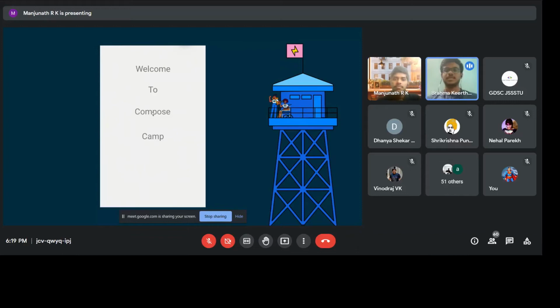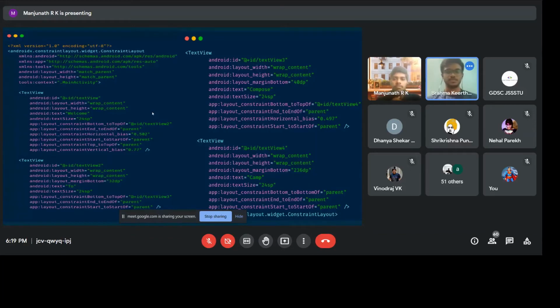See, basically there are two files. One will be the XML file and the other one will be the Java file. If we want to display text, we need to have some text views. Similarly, if we want to display images, we need an image view. We saw that there were four words, so we need to take four text views. And you can see on the screen that